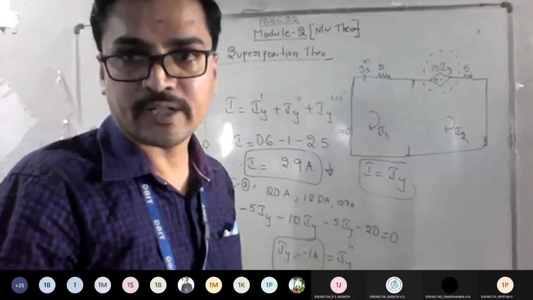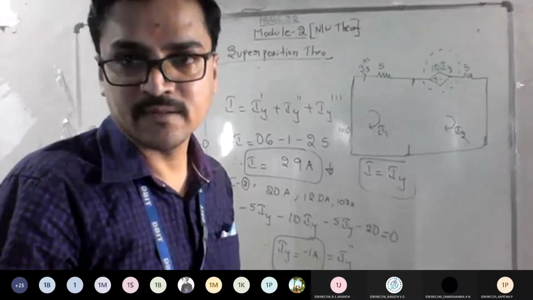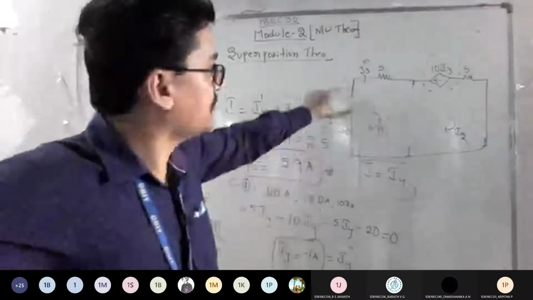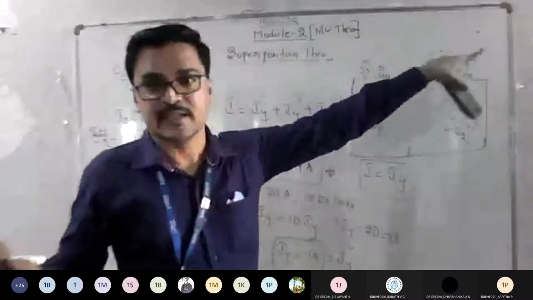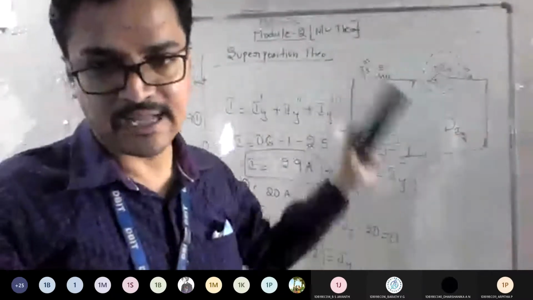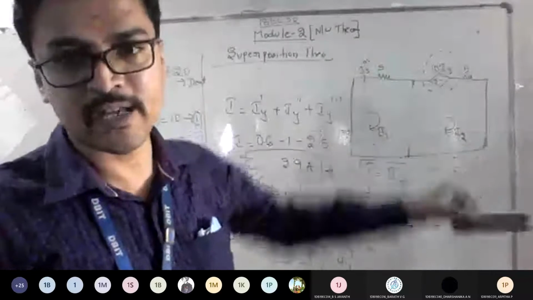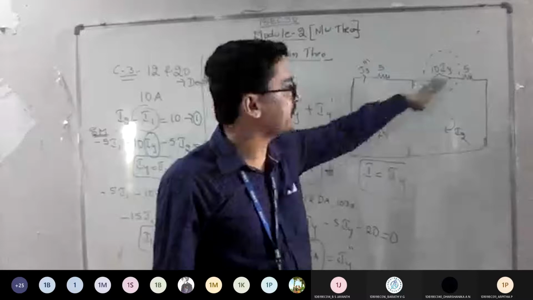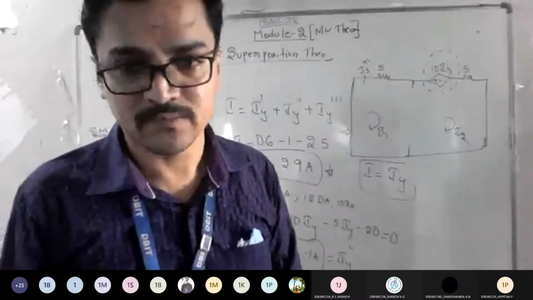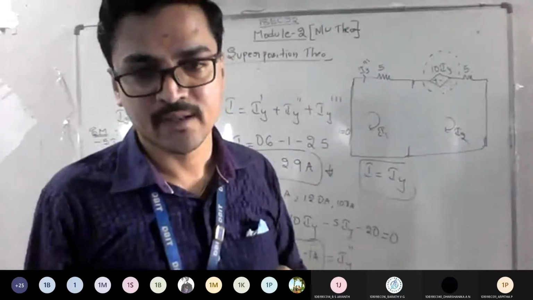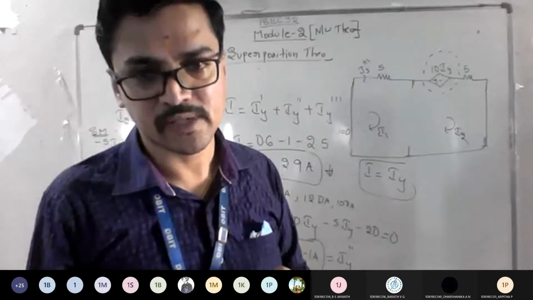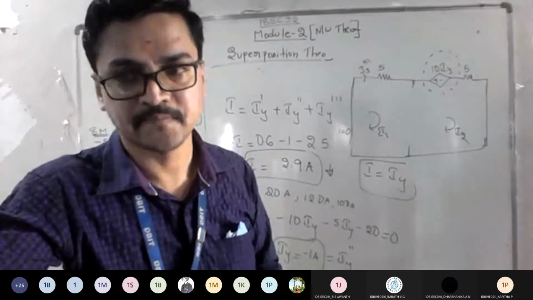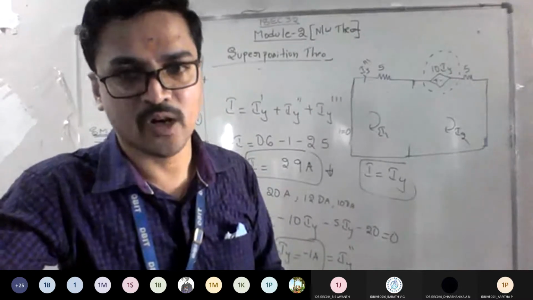Okay, now listen. Instead of the thing I calculated across the 5 ohm for the first one, they may ask you to calculate across both, left also and right also. Then what will you do? You already calculated across the left 5 ohm, right? So what is left out is the right-hand side 5 ohm. So you have to stick to the same procedure. Can you check out the answers now? Is it the same or different?